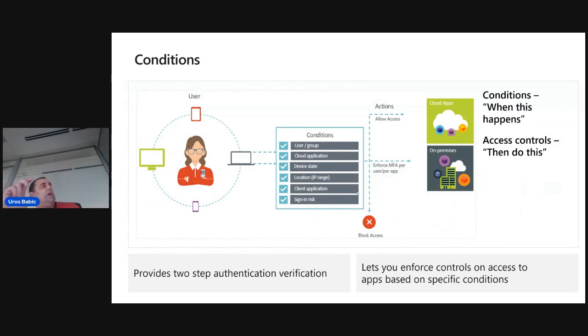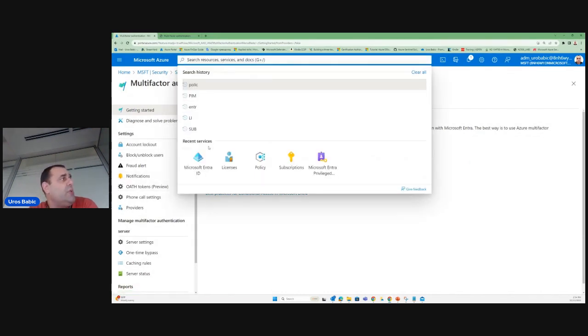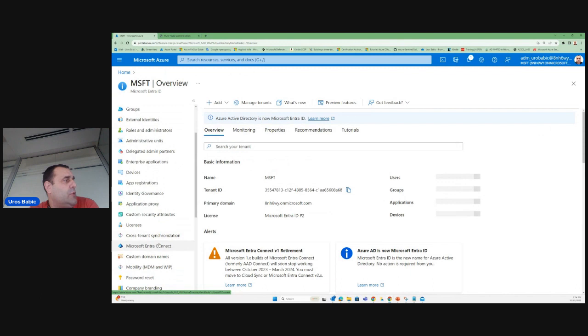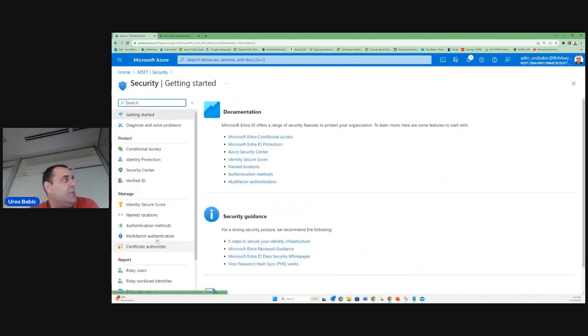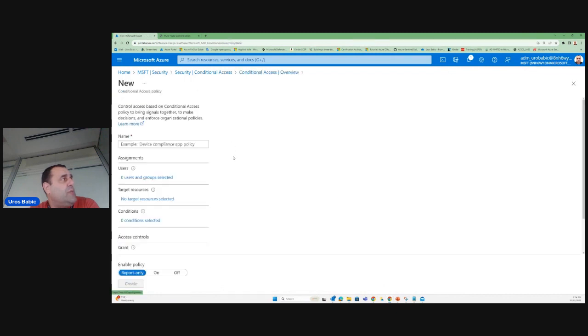And actually, I can use my laptop or mobile phone. I provide two-step authentication, and I can enforce control to access based on a specific condition, when this happens, do this with the access control. And where is the place for that? I can go in Entra ID, and actually conditional access policy, security and conditional access policy, and I can create some conditional access policy, for example,